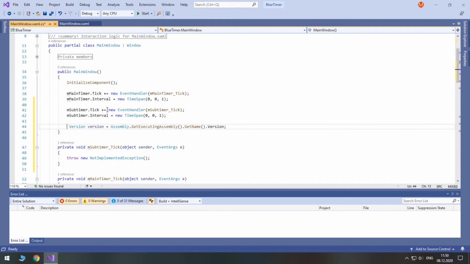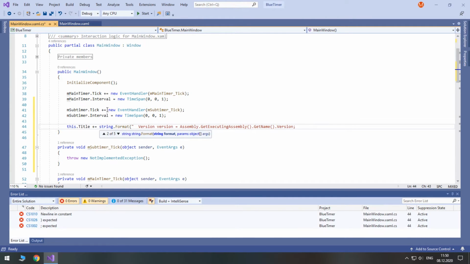Let's use string format method. You can type the keyword this to refer to this window, or just omit it. It does not matter. A window has a property called title, which is displayed at the top. We want to add the version to the existing text, so type plus equals instead of just equals.